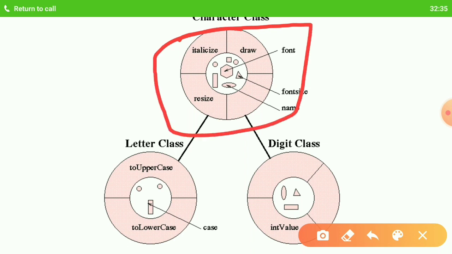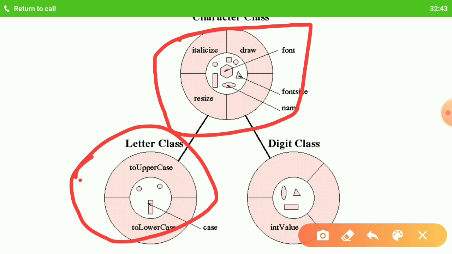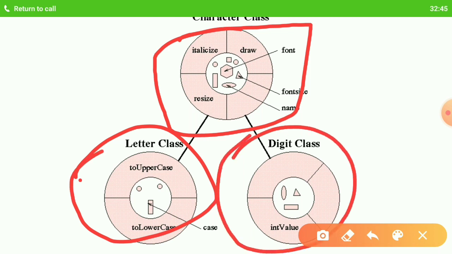So these are those features which will be possessed by any kind of derived classes. What do I mean by that? See, a character can be a letter or it can be a digit, isn't it?